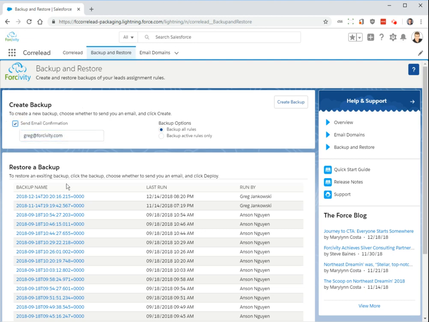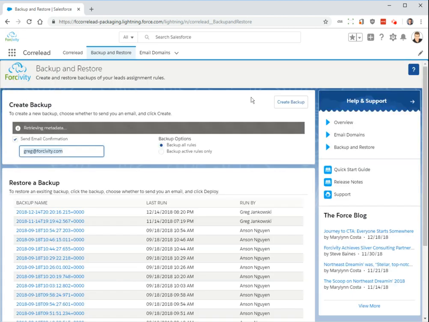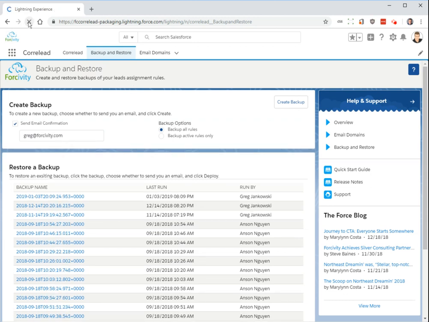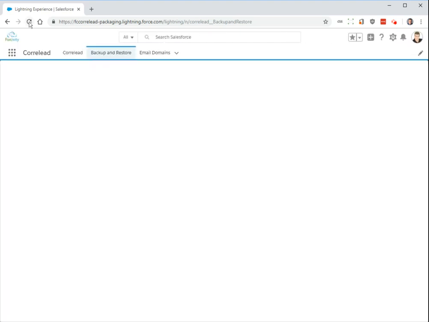I can send myself an email. You choose the option of backup all rules or only the active rules, and you create a backup. And when you do that, it'll go through, it'll retrieve all the information it needs. And then when it's completed, it's going to come back and say it's successful. And now when I look at the page,